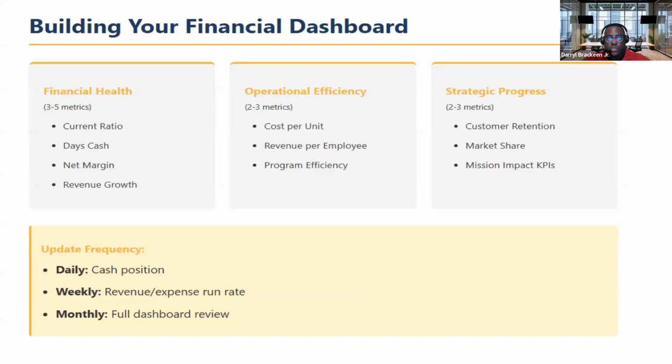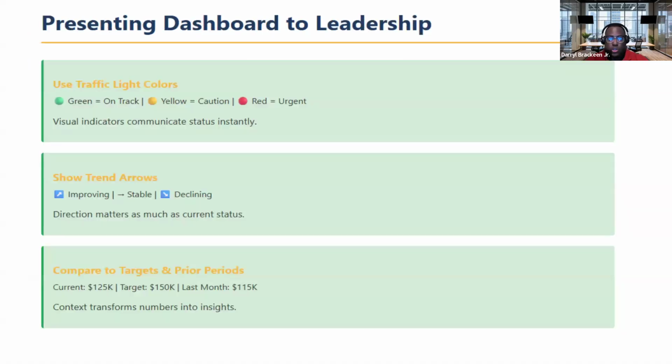So when you're building your dashboard, you have to look at the financial health, the operational efficiency, and strategic progress. All right. We already went through this. Your financial health is using 3 to 5 metrics listed here. Your operational efficiency is using the 2 to 3 metrics here. And then, of course, the strategic process has 2 to 3 strategic metrics. So there's an update of your frequency. So there's daily, weekly, and monthly. So that's what your financial dashboard needs to look like